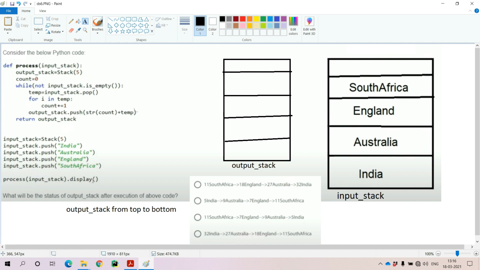What is the output that we are getting from this entire function, that we have to identify. Now let me try to enter into the function. Within this function, the input_stack is available as a parameter. Whenever we enter into the function, the first and foremost line